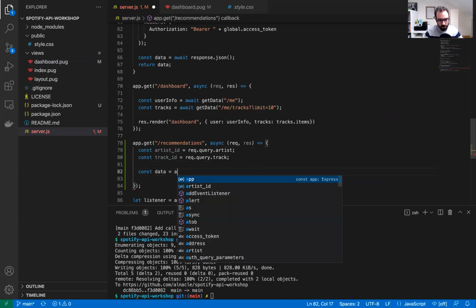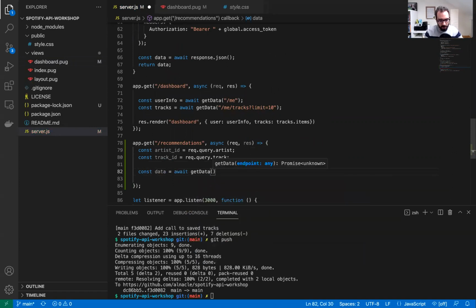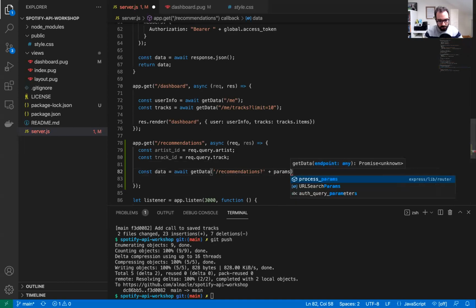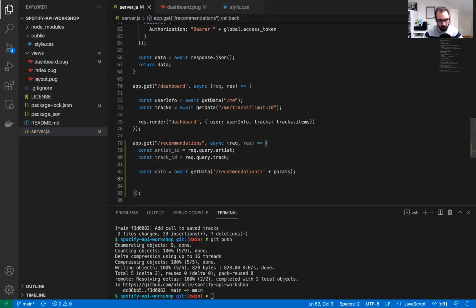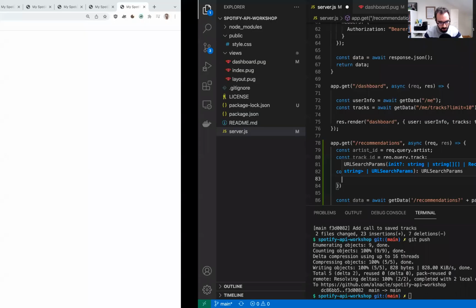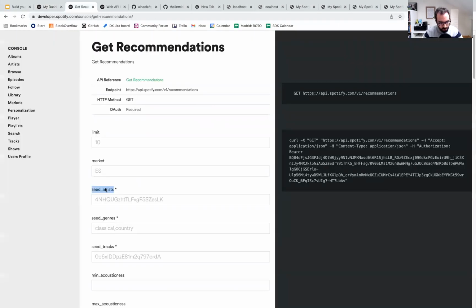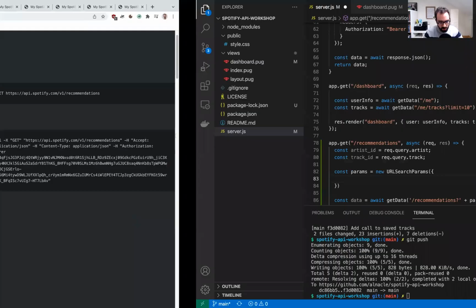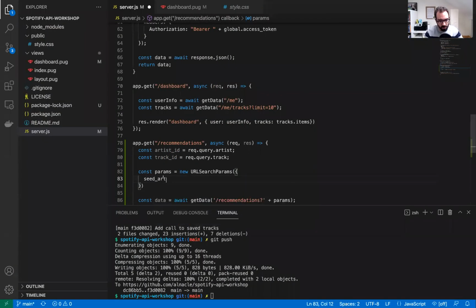So now I need to do the get data, and the API we are going to be calling is recommendations. And we are going to pass here params. What is params? Params is going to be new URL, oops, new search params. We need to send seed artists, seed genres, and seed tracks. All right, so it's going to be seed artist,